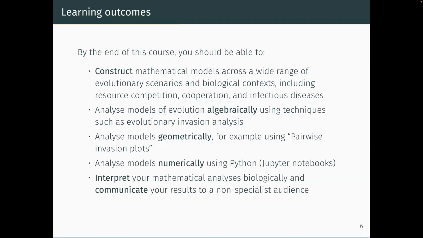key. So there's an element that you want to communicate to specialist audiences who will understand the key things that you're talking about, but often you also want to communicate that to a non-specialist audience. So perhaps think about a friend or a family member who's not a scientist, being able to say, okay, what am I doing? This is a skill that we should all have. Many of you won't want to stay in academia, and even fewer of you will carry on doing things like mathematical biology, but hopefully that skill in particular will be a good transferable skill, whatever you end up doing in your careers.